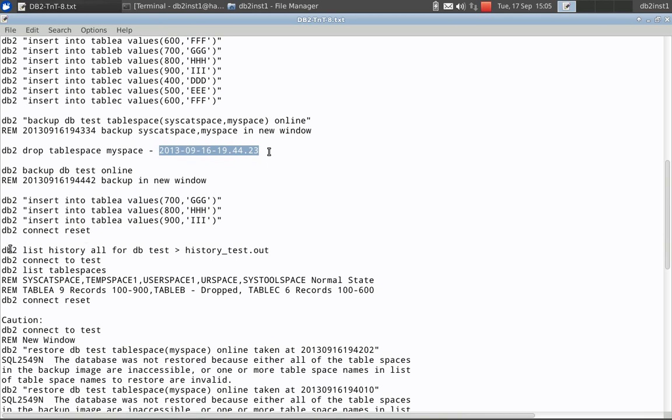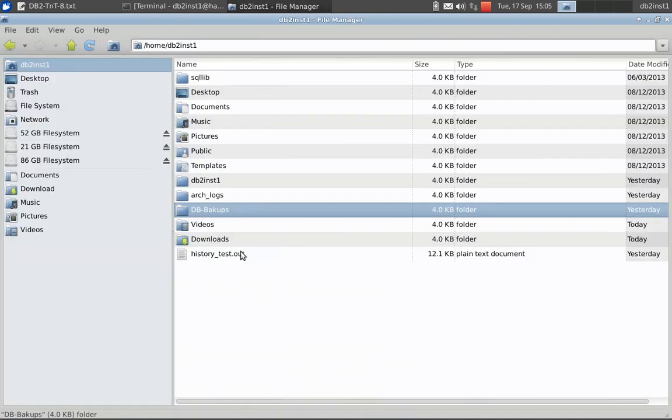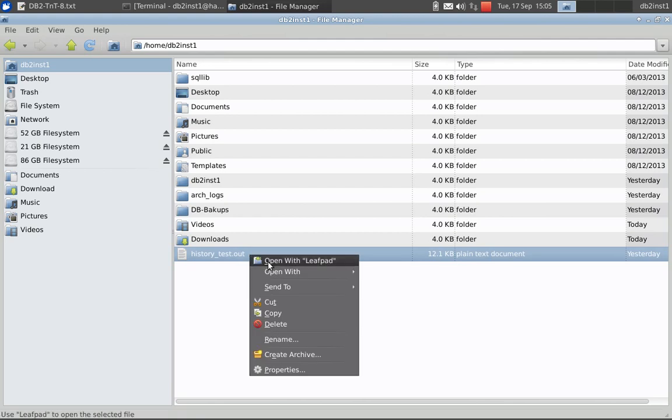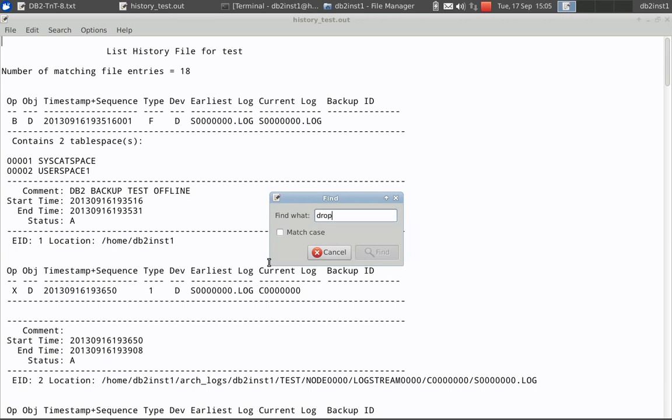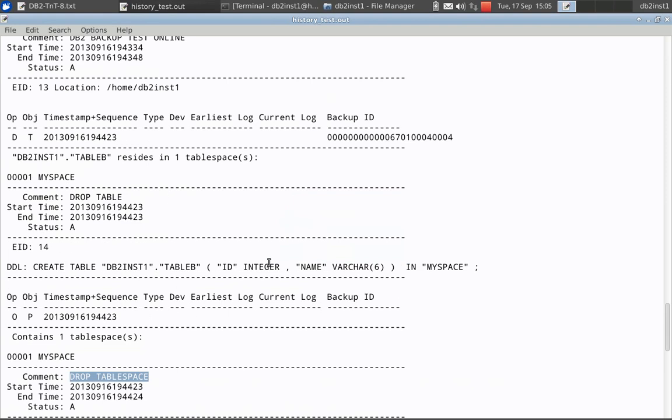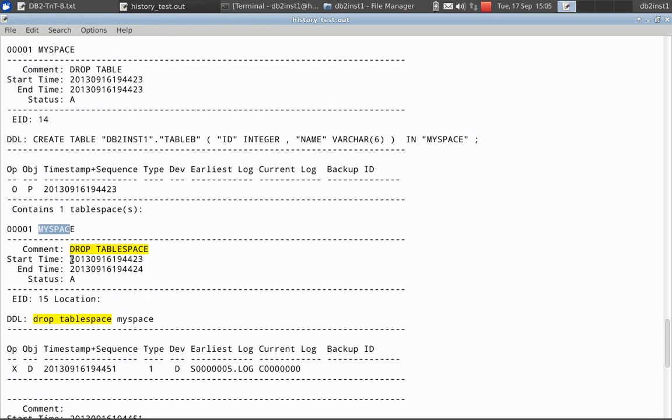Now the point to be noted here is, after doing this drop table space MySpace, I am getting this timestamp, right? So how I got that is through the list history command. So list history all for db test, output to history test.out, that is already there here. The command has been executed and the output is here. So in that we can go and find the command drop table space. So MySpace is the table space that is dropped, and it will give you a start time and an end time for that activity.